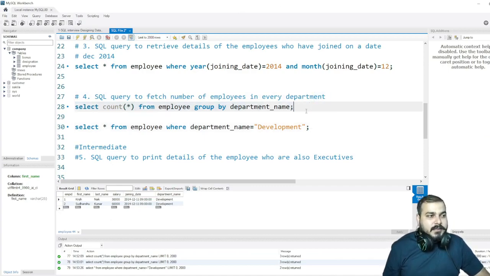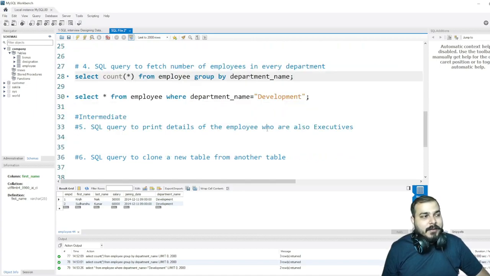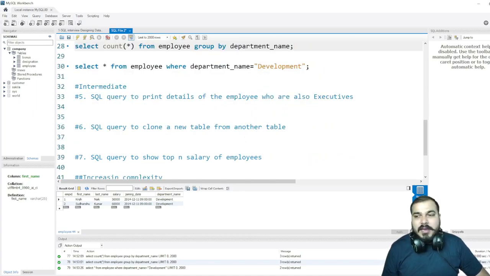Okay, but yes, you will be able to get the count star from the employees group by department name. You will be able to do it. Now I hope this is very much clear to fetch the number of employees in every department. Again, this is a simple one. Now let's go to a little bit intermediate part where we will try to print details of the employees who